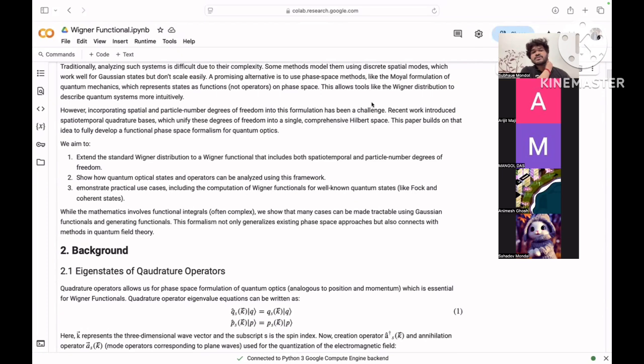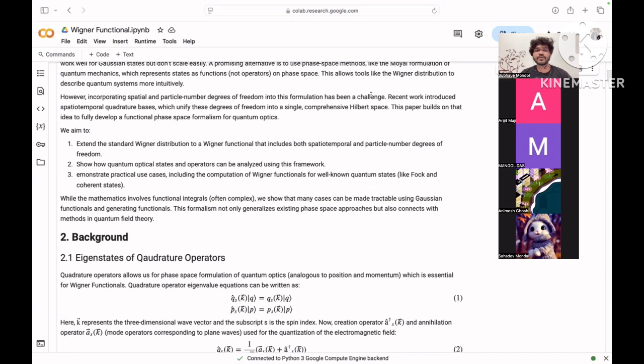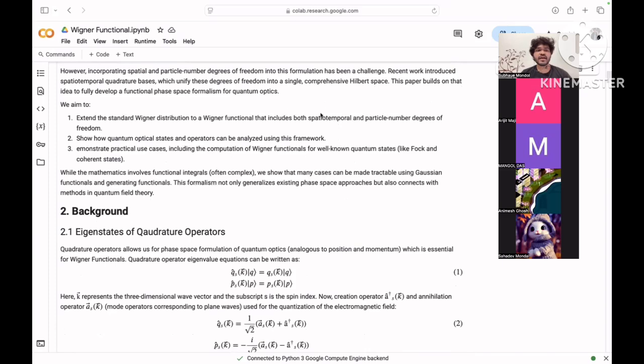In this formulation, the states are represented as functions on phase space. This formalism also allows us to use tools like the Wigner distribution to describe quantum systems more intuitively. However,